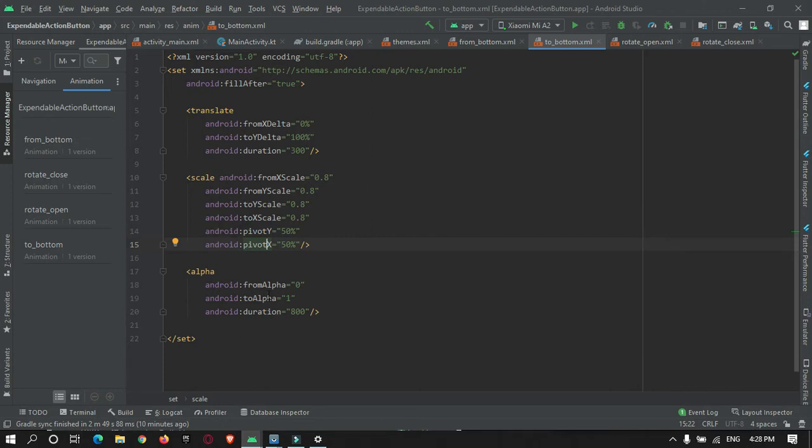In alpha, just reverse it: make from alpha 1 and to alpha 0. And the duration we can give the same, it's okay.